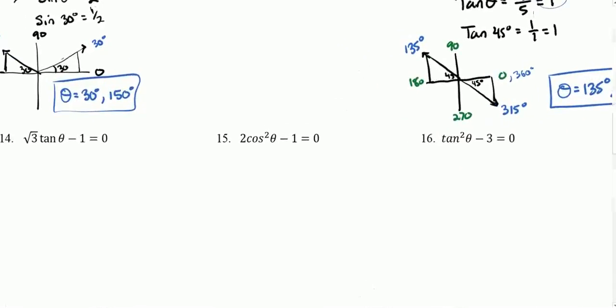Number 15. Solve for cosine squared. We end up with 2 cosine squared theta equals 1. Divide by 2, cosine squared theta is positive 1/2. Then we take the square root of both sides. When you take the square root of the left side, we end up with the absolute value of cosine theta, is equal to the square root of 1/2,